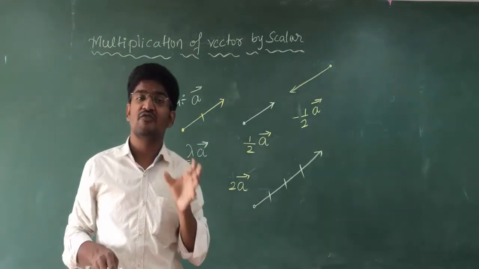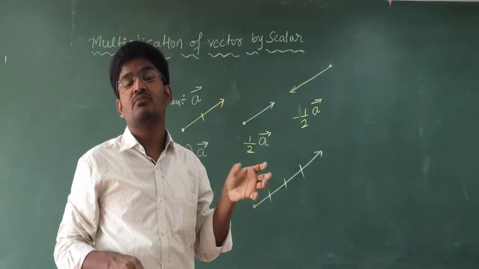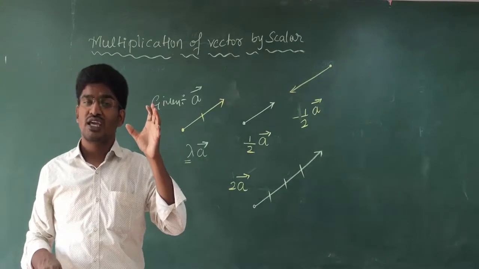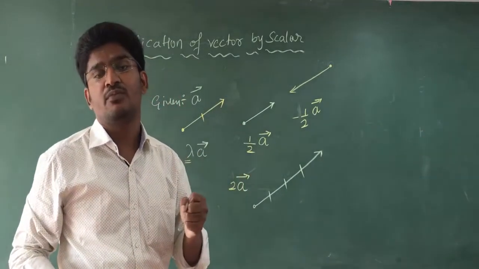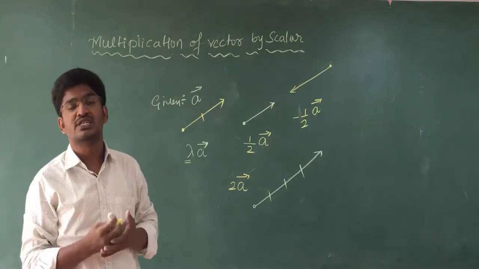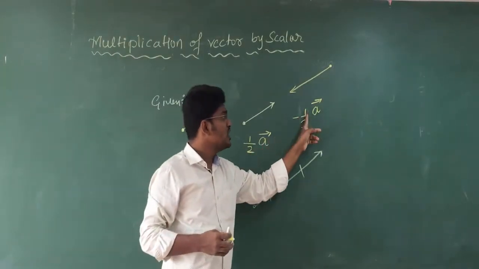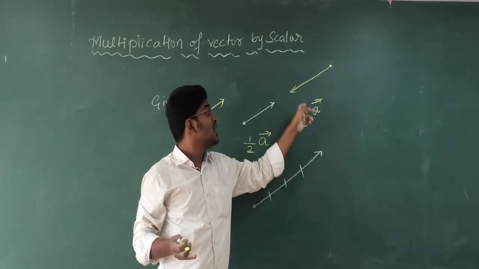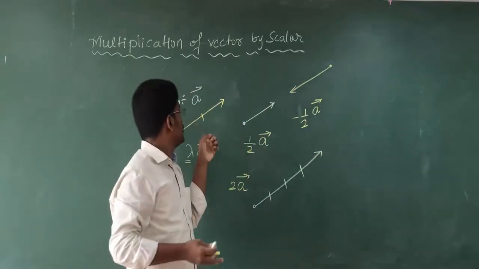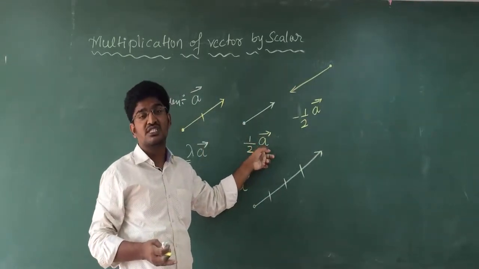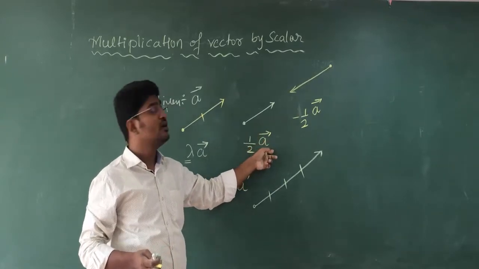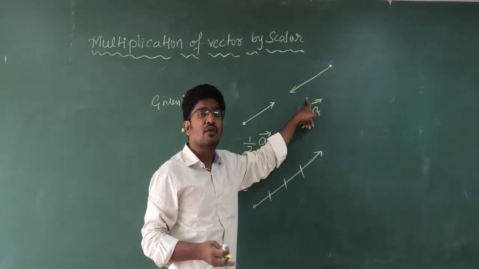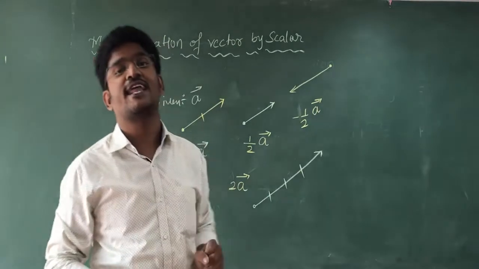That is what the negative of a vector is. The definition tells that the magnitude is the same but in the opposite direction. The definition of the negative of a vector is what? For a given vector A, the magnitude remains the same but it will be in the opposite direction. See here, the magnitude is 1 by 2. Magnitude not changed, but minus of 1 by 2 gives you the reverse direction of 1 by 2 of A. The reverse direction of 1 by 2 of vector A gives you minus 1 by 2 of vector A. Here both the magnitudes will remain the same, but the directions will be opposite.